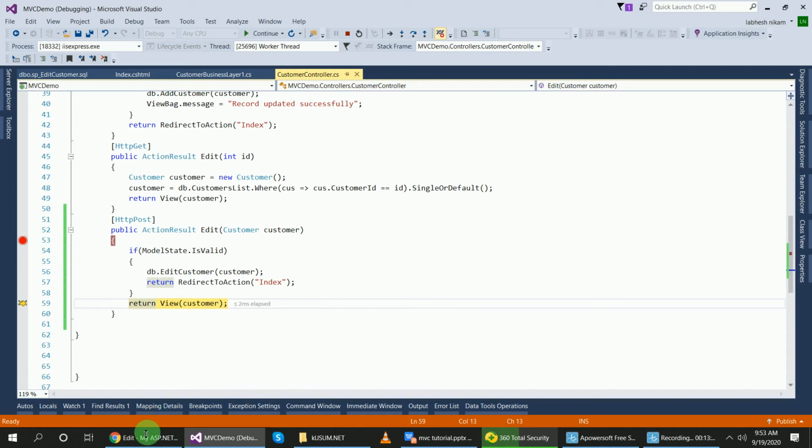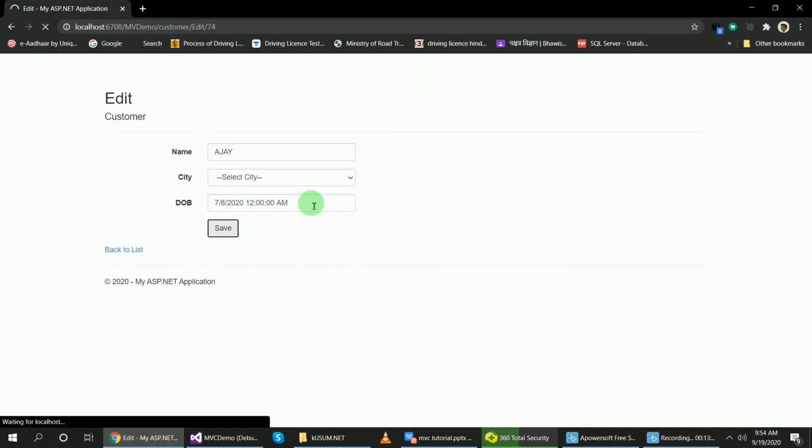Same like that, if in place of date I pass, suppose, the string test, what happens? It will give us an error.